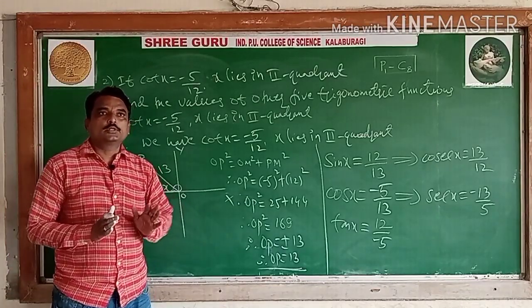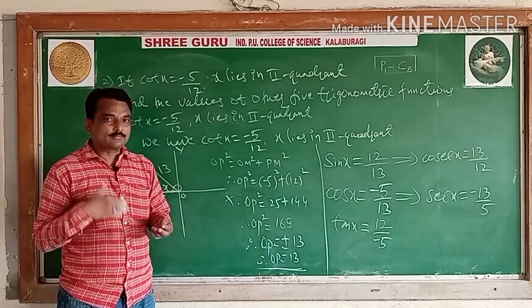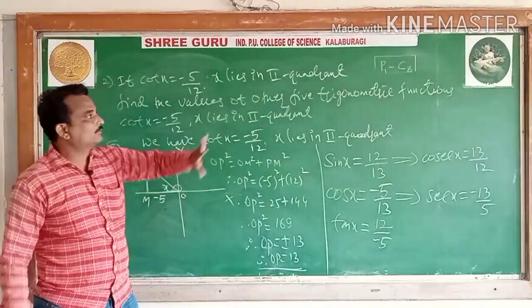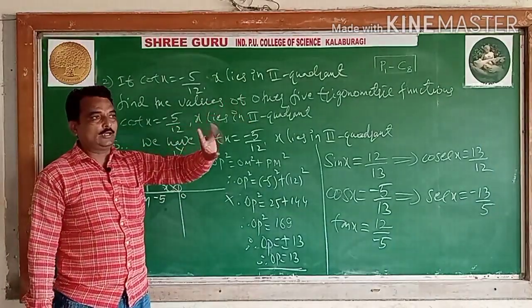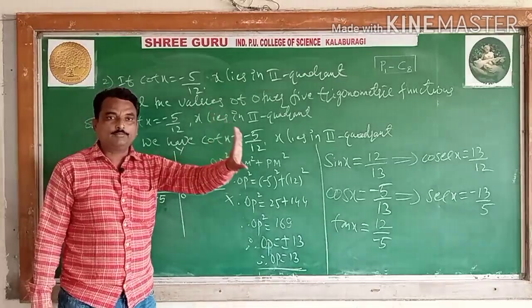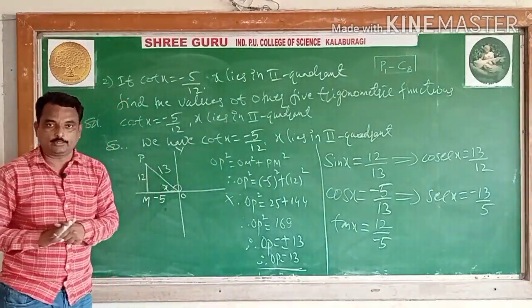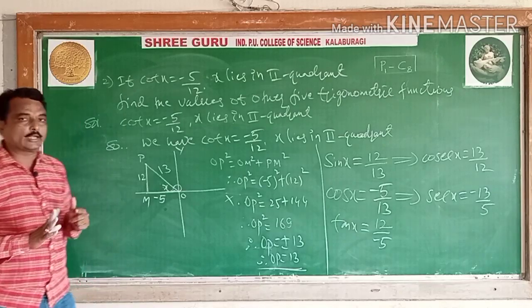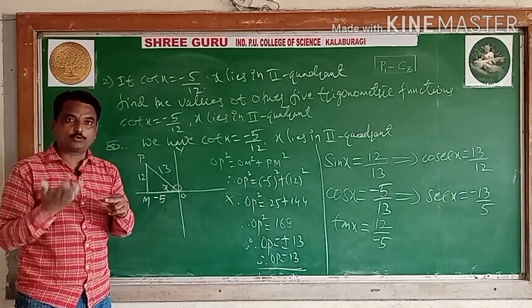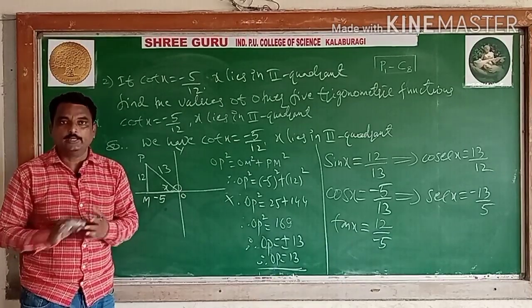So students, today I conclude the class. This is class 8. In this class we have covered the sign of the trigonometric functions, the table, and 2 examples. In the next class, I will calculate 1 or 2 examples, and some examples I will give as homework. Okay, thank you, students.